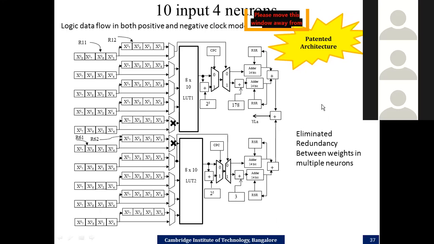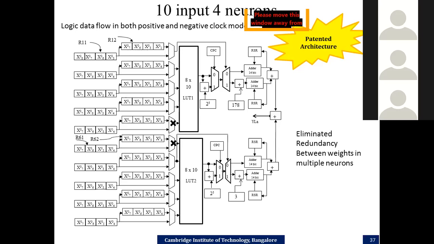Again, it has been patented. We have split the inputs into MSB bits and LSB bits, and we have two LUTs. Each LUT will compute two outputs, and we were able to generate 4 outputs using this simple structure. Instead of having so many LUTs, we are having only two LUTs to compute 4 outputs, and each LUT is of just depth 8.